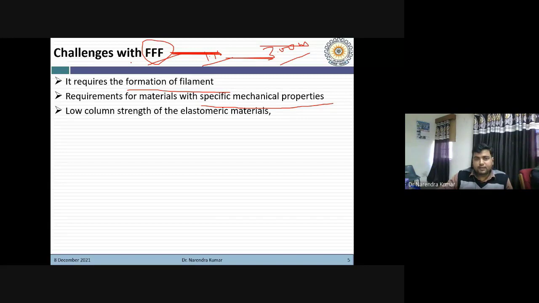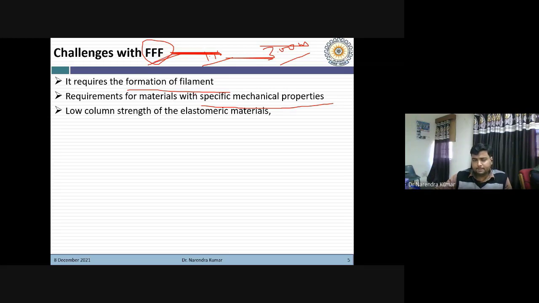Now let's move to the next point, which is very interesting because it is related to the mechanical property. What can happen when we go for a highly elastomeric material? Suppose you want parts similar to rubber, some flexible parts, and you have a highly elastomeric material and want to use it with FFF.